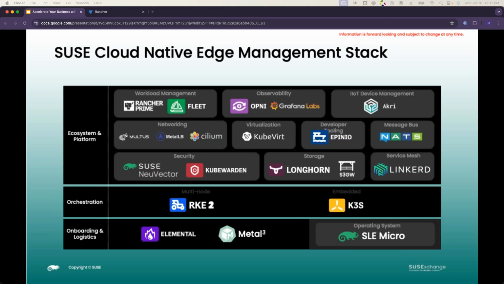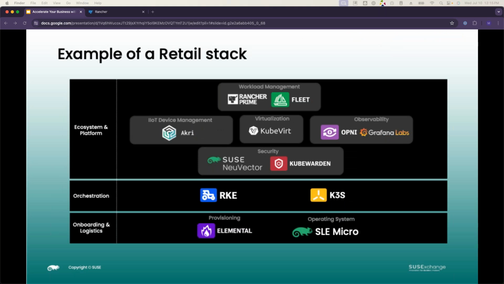This is just a sampling of the cloud native edge management stack. This page is an example of technology which might be used in the retail stack. By using these technologies, you can accelerate edge deployments, not only at the hardware level, but also reducing time to production, which is how we got started, right? Using workload management and monitoring,